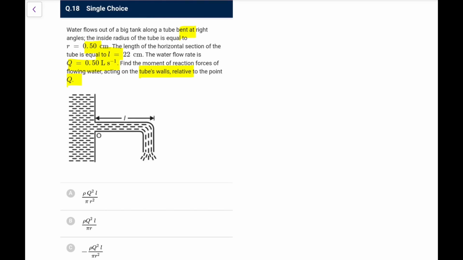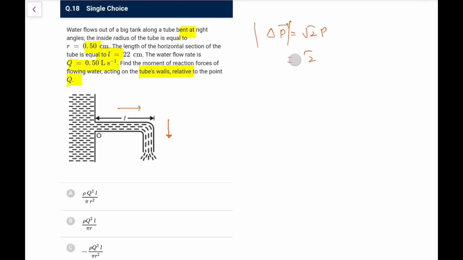So first of all, what happens? The water comes here and it goes here. So the momentum changes by 90 degree, assuming because area is same, the speed will be same. So momentum change would be 2 times P. So delta P, I can write it as root 2P, magnitude only, because we do not bother about the direction. It would be root 2 times P, and P is equal to mv.